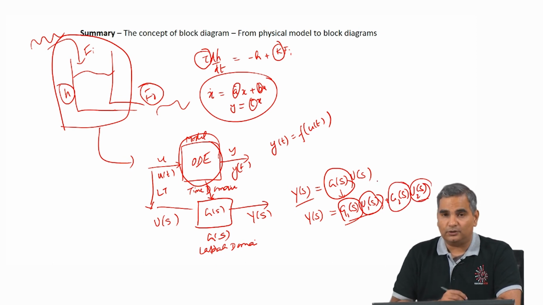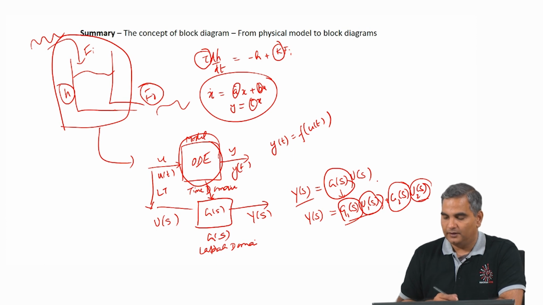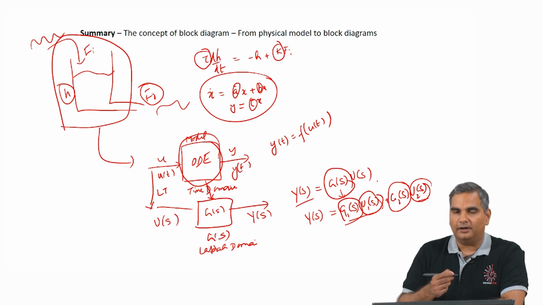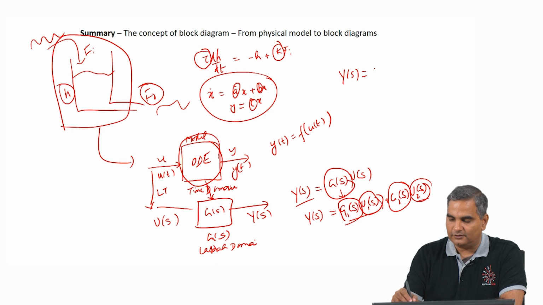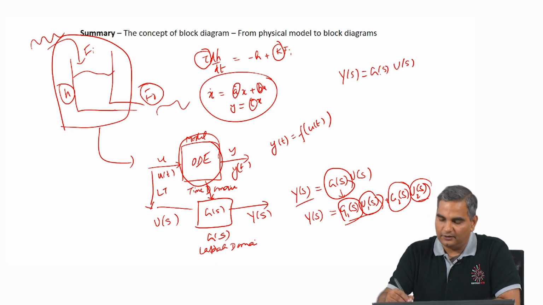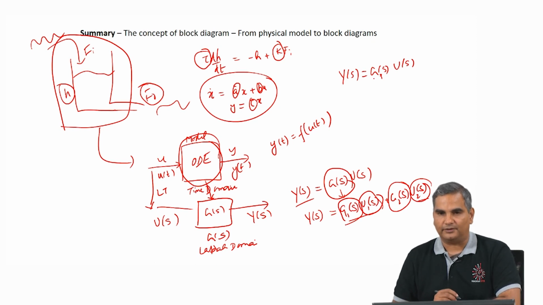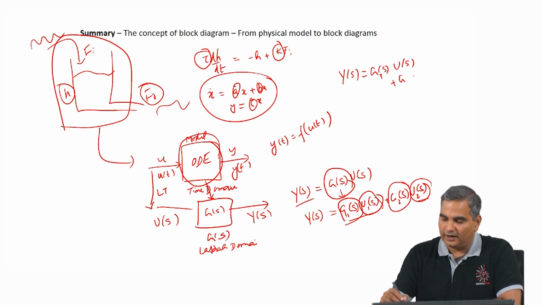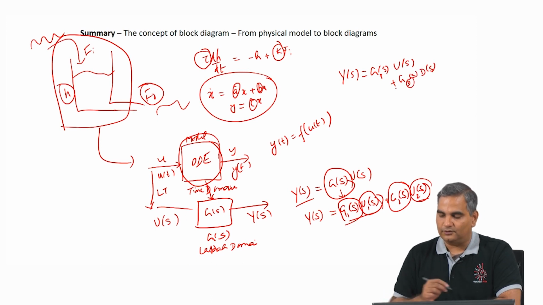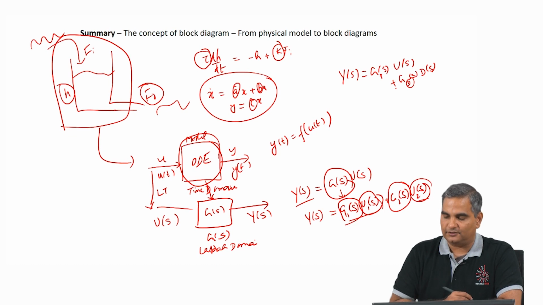Now, the parameters in g1 of s and g2 of s would reflect the actual physical parameters of the system that is being modeled. Now, it might be that there are not 2 inputs, but there is 1 input and 1 disturbance, in which case we will write y of s is g of s u of s. So, the standard notation is I will do a subscript here, g p for process, and then I could write g d of s d of s. This subscript is to talk about the disturbance that affects the system.